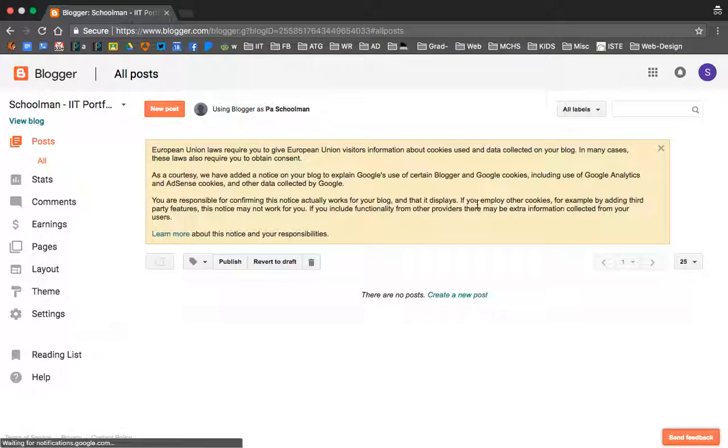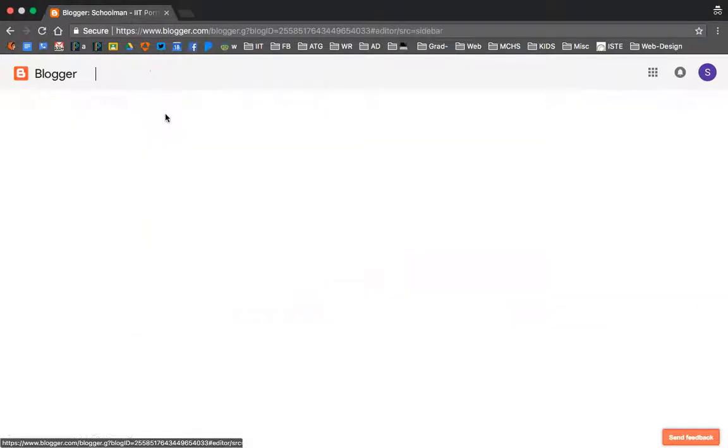And then from here you are taken to the dashboard. And on the dashboard you have a menu on the left hand side, where we will utilize only a few of these menu items. If you look at the very top one, posts, if you click that, this is where you're actually going to create all your entries, or where you're going to put in information. If you go up to the next column, you should see the orange button New Post. If you click on New Post,